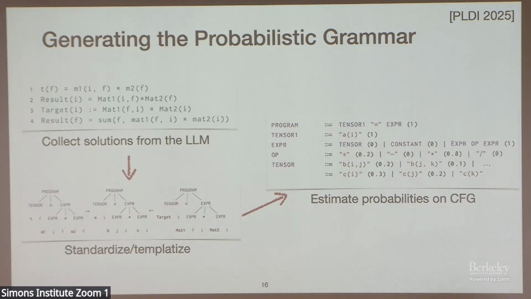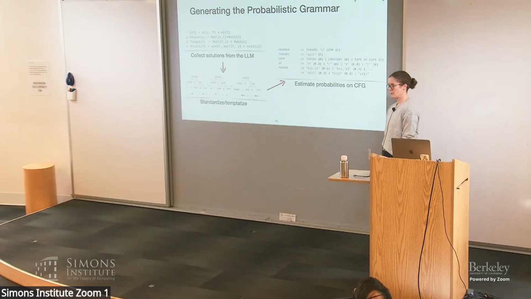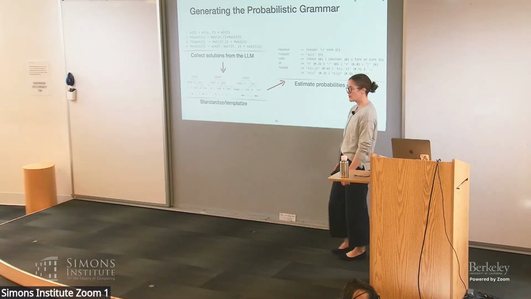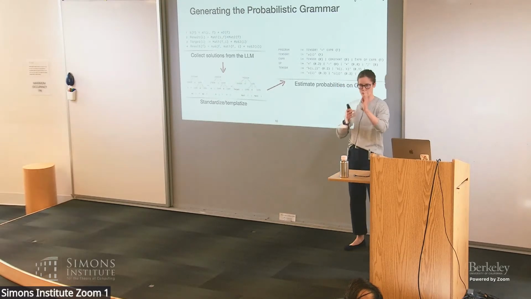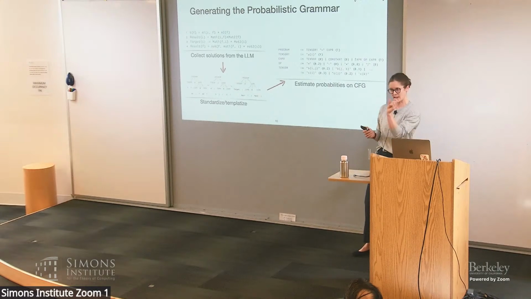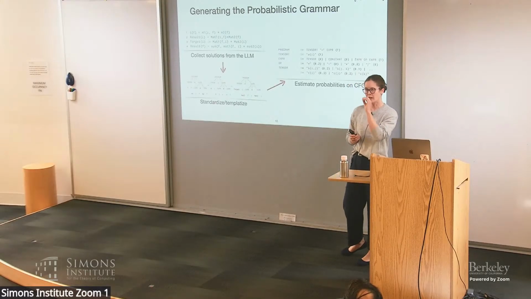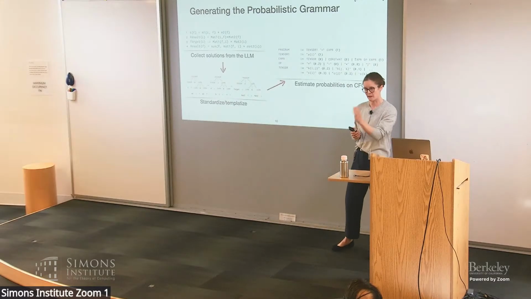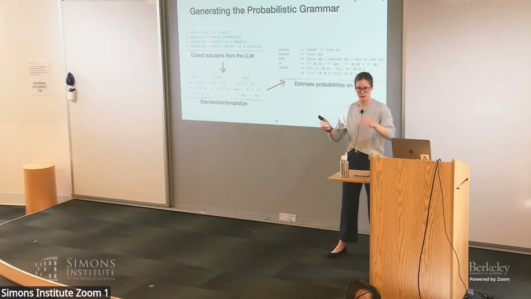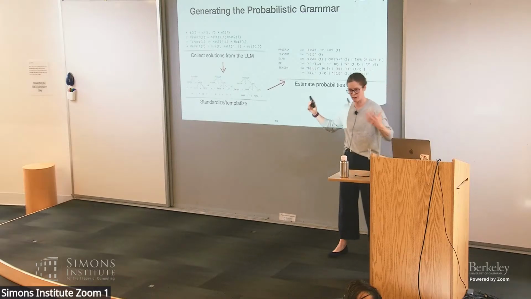Are you standardizing all of them, or each solution gets a template? Each solution. We standardize in that we make sure every tensor variable is replaced with a symbolic tensor, every constant is replaced with a symbolic constant, and every index is replaced with a symbolic index variable, and then we make sure they always appear in the same order. So if you have A plus B and B plus A, we will turn them both into T1 plus T2, but we will have a set of templates that represents all of the solutions.